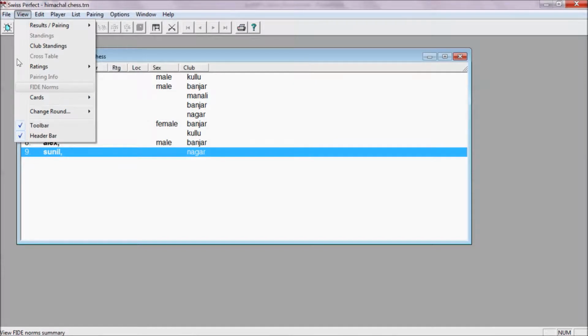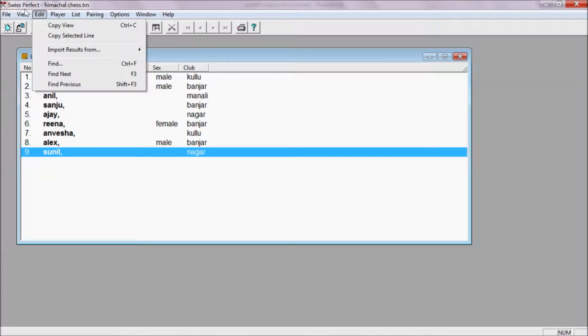So you can also see your cards, and for example, if anyhow your software crashes, you can use those cards to do manual pairing also. This is for changing the round, that is, which round is taking place. For example, till now we have not paired any round, so these are empty fields. After that is edit.